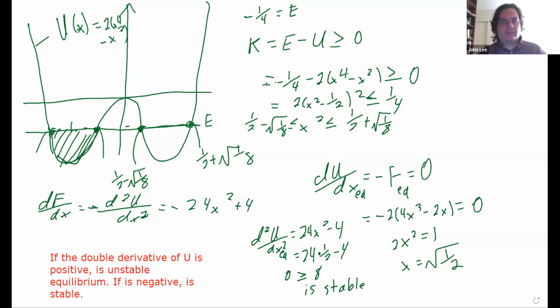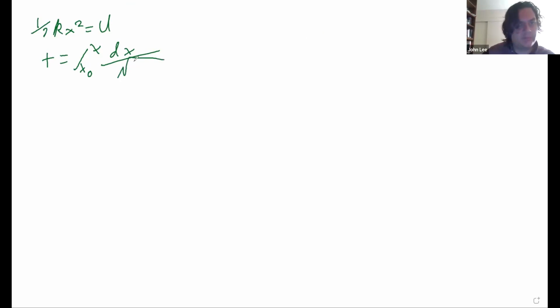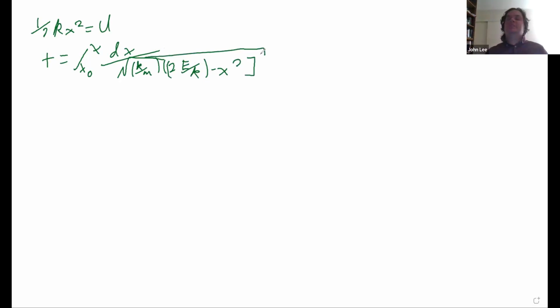But the main thing that I want to do is just one more problem where, if we have a potential energy that's 1/2 k x squared equals u, then t equals the integral from x naught to x of dx over the square root of k over m times (2E over k minus x squared), which, if we plug it into Wolfram Alpha or a table of integrals, is